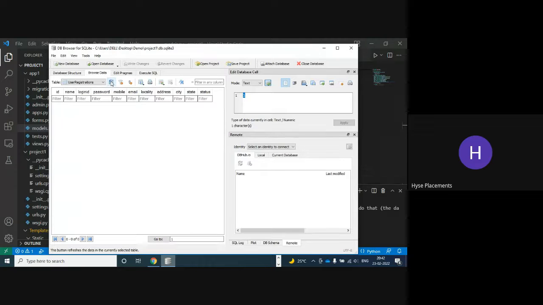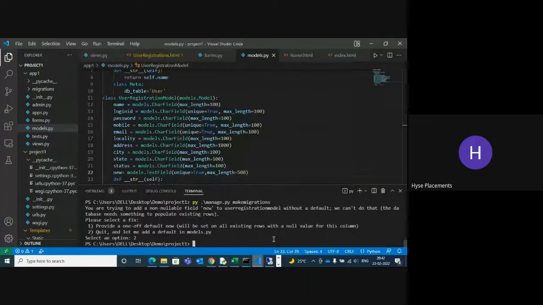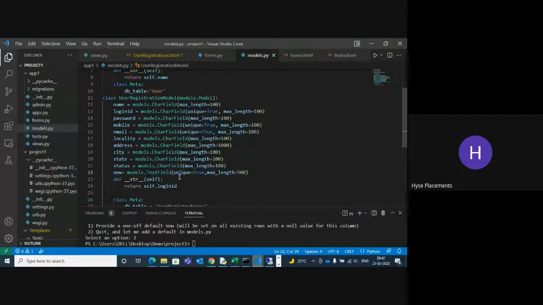You can refresh now. Okay, guys. Text field unique.